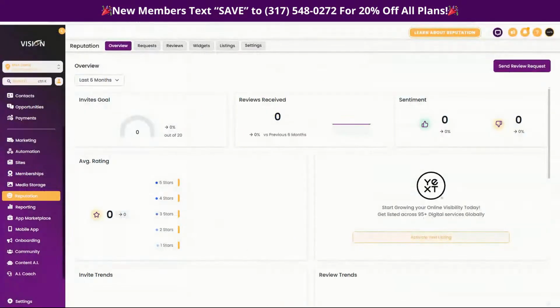Okay, so I'm going to show you today how you can actually create this inside of High Level. Super, super cool. First of all, if you are unfamiliar with our reputation management system, let me just give you a brief overview and then we'll talk about how to create the QR code system. When you go to the reputation management tab, you have this dashboard that helps